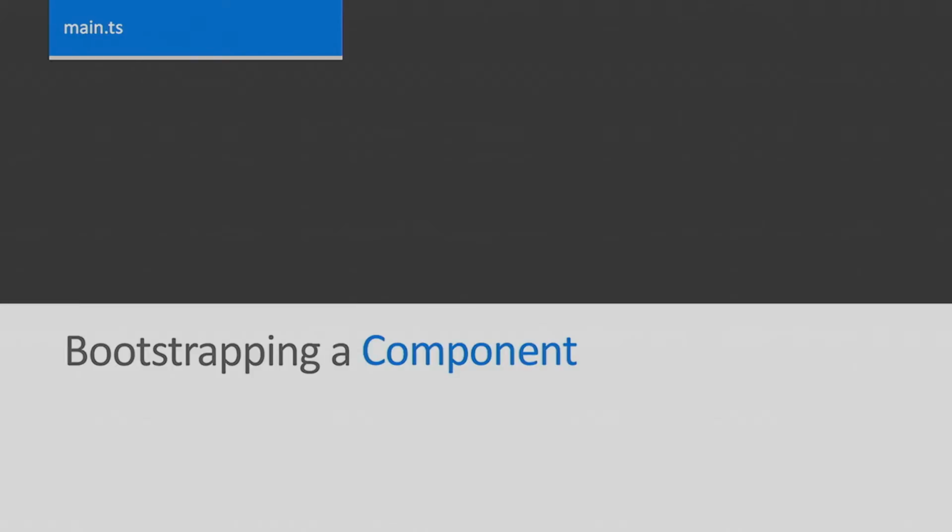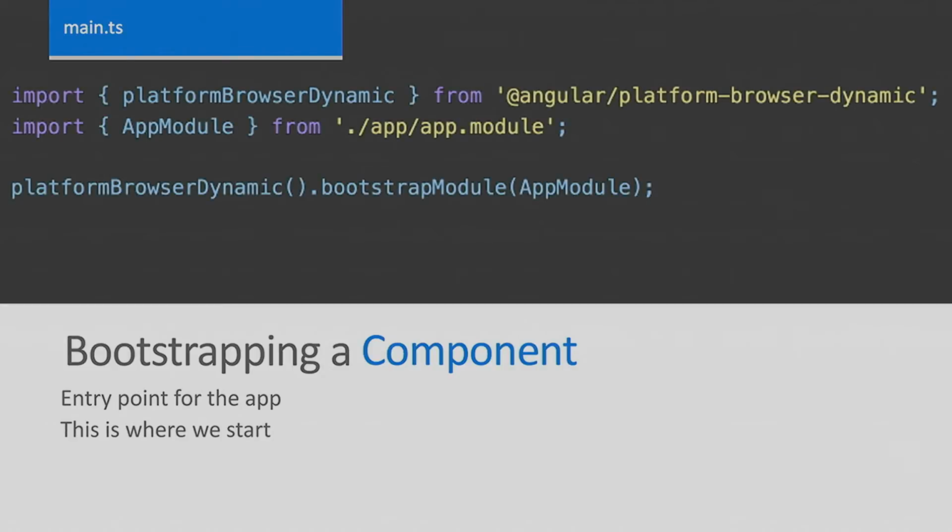Well, in Angular, there's a file we call main.ts. You can call it whatever you want, but it's just a convention a lot of languages have had. And we want to have this as the entry point for our application. This is where we start. And these are the 3 lines of code you need. First, you have to go get Angular's platform. The reason that line's there is because they're now designing Angular as a platform so you can write it for the browser, for mobile devices, for Electron, for other things as well.